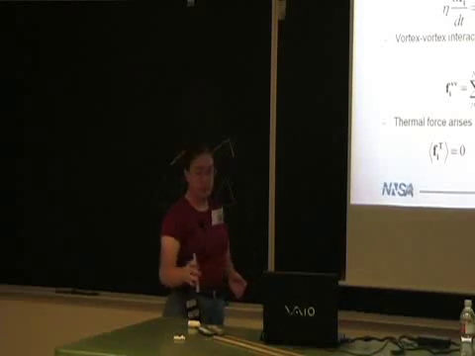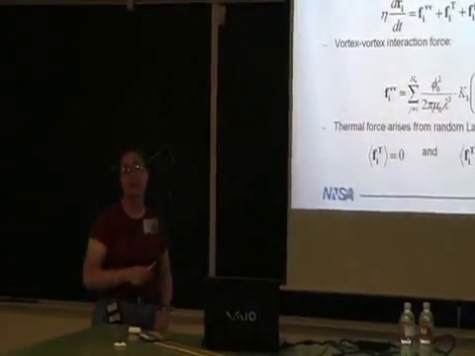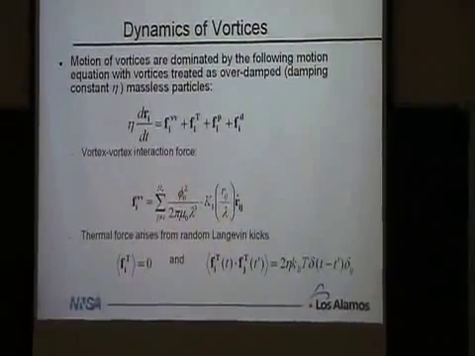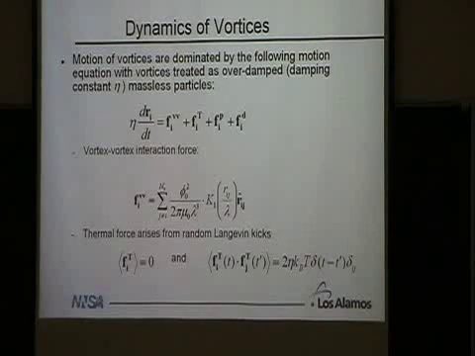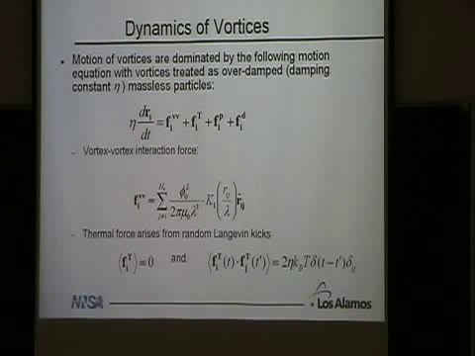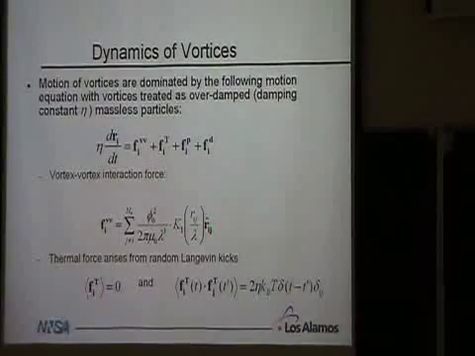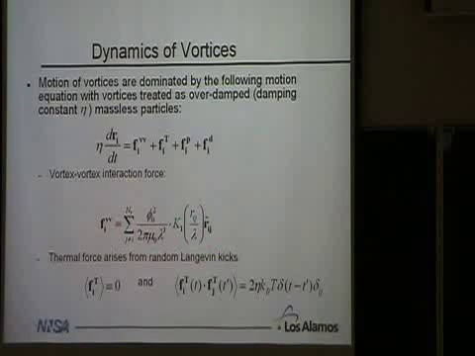Okay, so as I said, we're treating this as a stiff line, and that means we're also averaging the pinning along the length of the line, which makes a lot of sense in these artificially engineered pinning systems. The vortex-vortex interaction force is simply given by the Bessel function. Those of you that have plowed through Jackson have already seen them. Yes, Bessel functions really do show up in the real world. Of course it's a cylindrical Bessel function because we have two cylindrical objects interacting with each other. Happens to be K1 in particular. So this function falls off exponentially as r increases, which is very nice because it lets us truncate the potential without having to do an Ewald sum or something like that in our system.